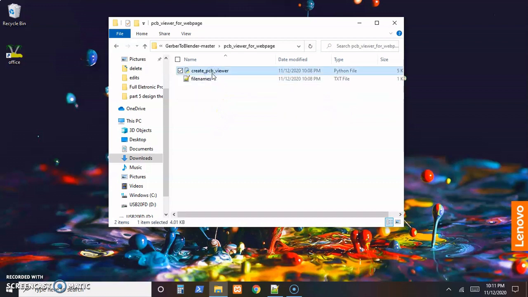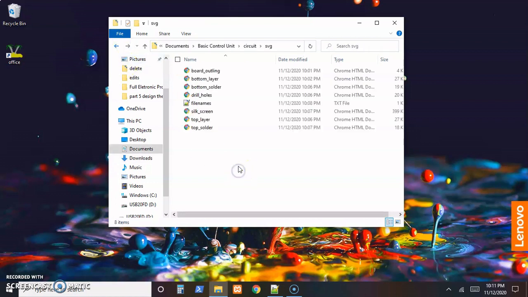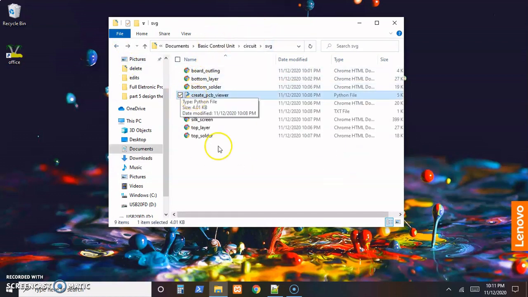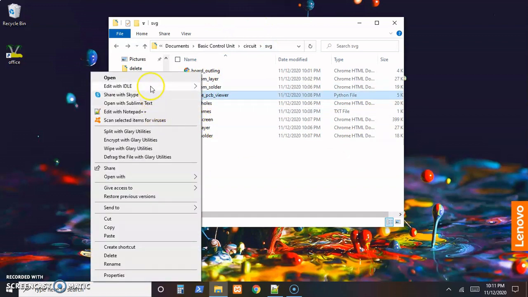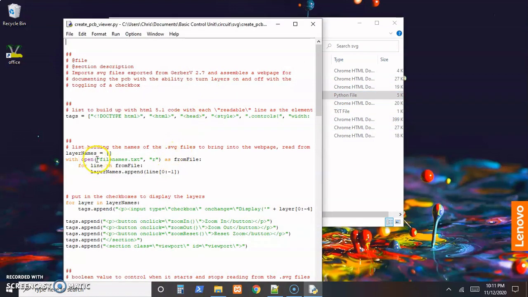I want this script, which again is really easy to automate. Just during all that automation process, just go ahead and type up this file with a .py extension, and then somewhere just go ahead and run it. And all this does is it looks at that text file of the file names, reads through them, and converts the SVG into HTML code and outputs an HTML thing. So if I run that real quick,